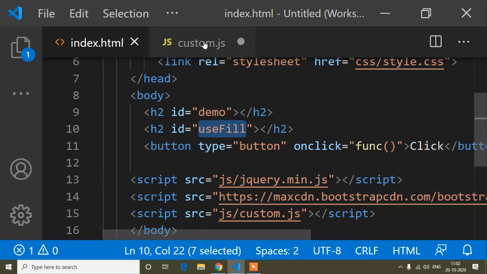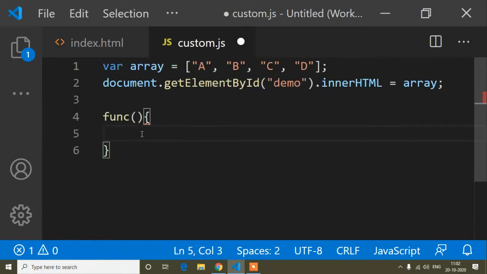And now I will copy this one, and here I will write. So okay, here I will use a fat arrow function. So equals to, and equals to, an arrow. So this is the syntax of a fat arrow function. But otherwise, if you don't want to use this, you can write it in the simple way. You can write the function keyword this way also, but I will use a fat arrow function.